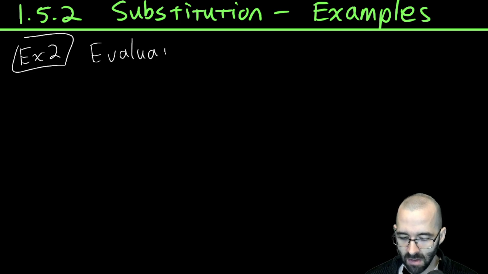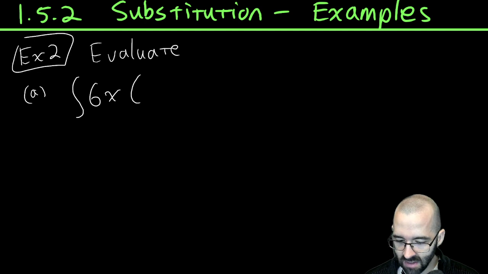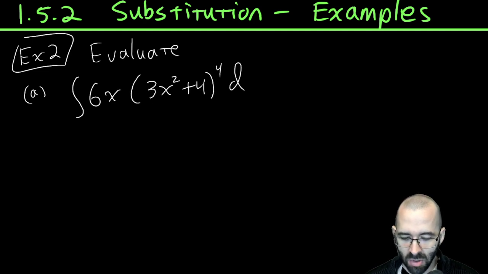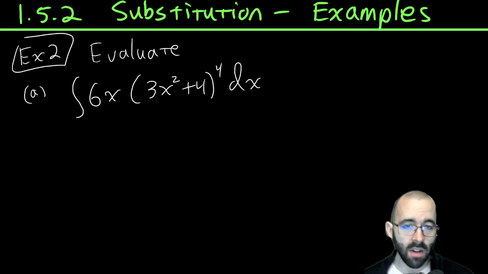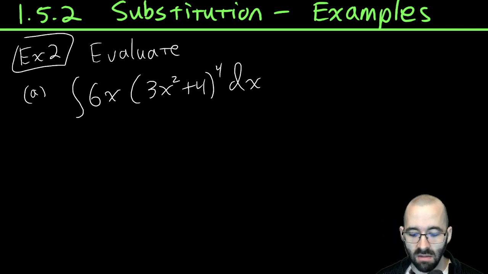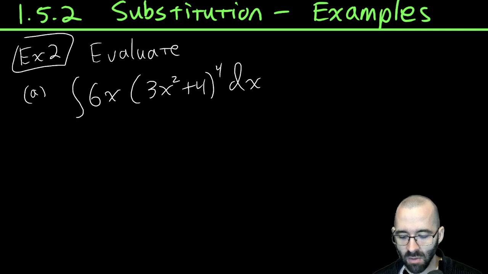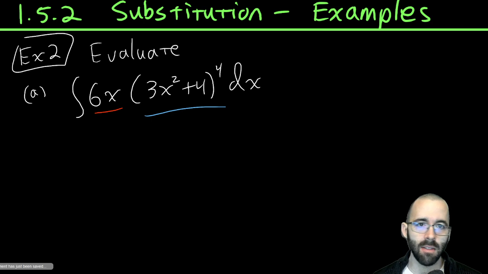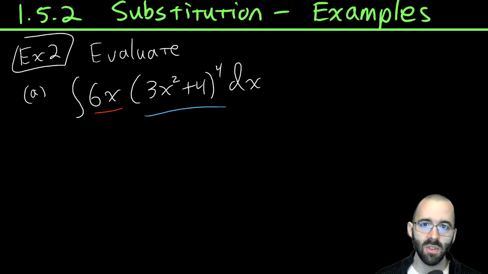Evaluate. Part A, going to be the integral of 6x times (3x squared plus 4) to the 4th, which should look pretty similar to our last example. Again, we can't just integrate as it is, because we have one function being multiplied by another function, and multiplication of functions doesn't really work easily for derivatives or for